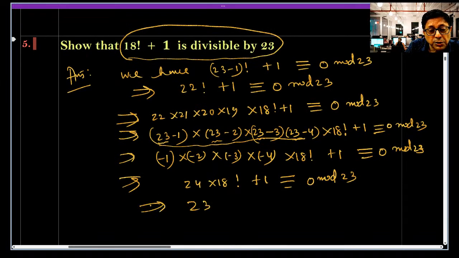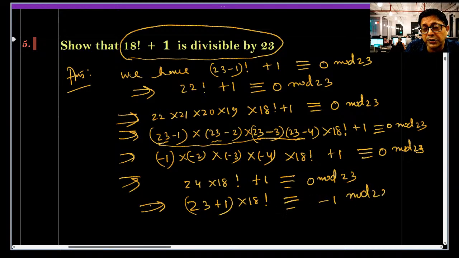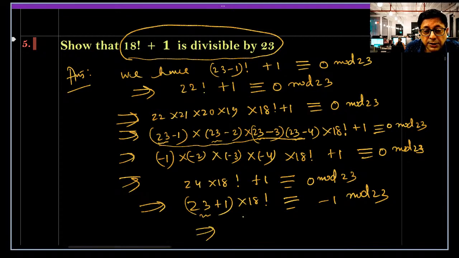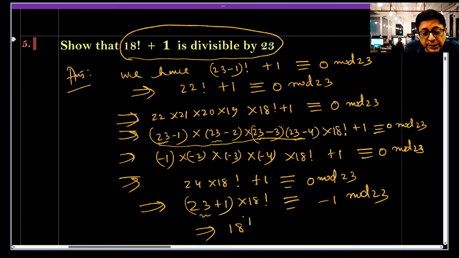Or, 23 plus 1 into 18 factorial is congruent with minus 1 mod 23. You can add 23 to the power 18 or subtract as you like, because this is divisible by that, no? So this implies that factorial 18 is congruent with minus 1 mod 23, and this proves that